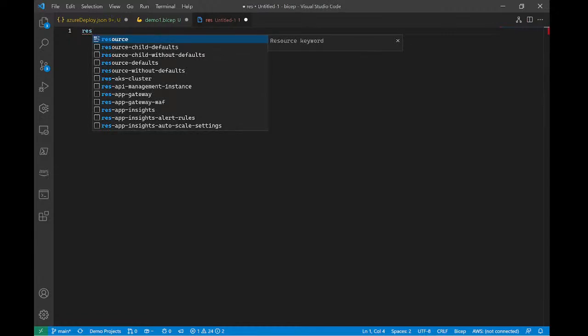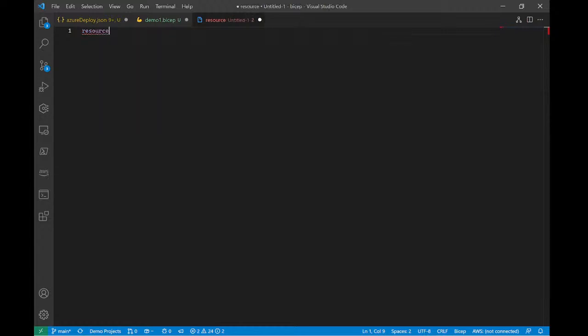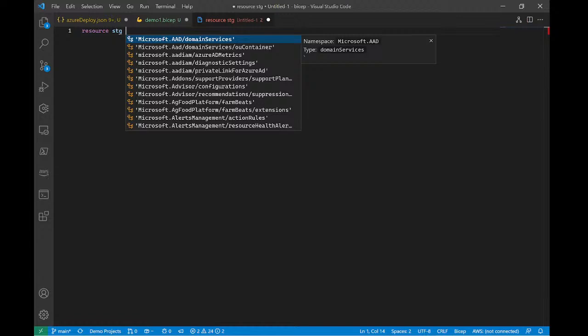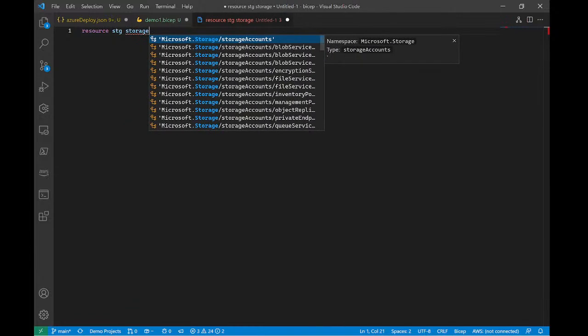And the syntax of Bicep is very, very close to Terraform. What we need to do is define the keywords, the resource, and give it what I would say is a symbolic name, which will only be used as a reference name within this artifact. So I'll start with a simple storage account here. All of the Microsoft-supported, ARM-supported, or Bicep-supported resource providers will automatically be populated in